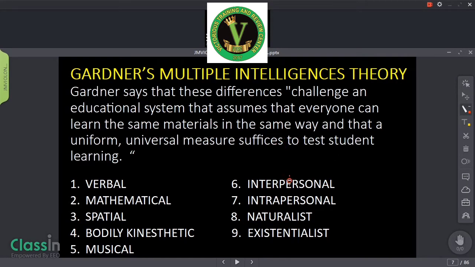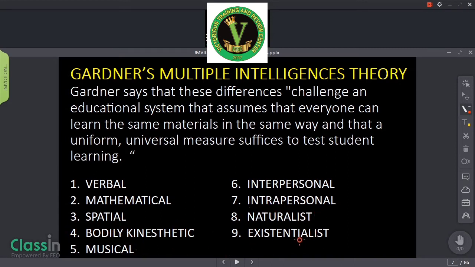Now, let's proceed with Gardner's multiple intelligence theory. Gardner says that these differences challenge an educational system that assumes that everyone can learn the same materials in the same way and that a uniform, universal measure suffices to test student learning. So this theory says that not everyone can learn in the same manner. All of us have different intelligences, different aptitudes and abilities. That is why Gardner categorized